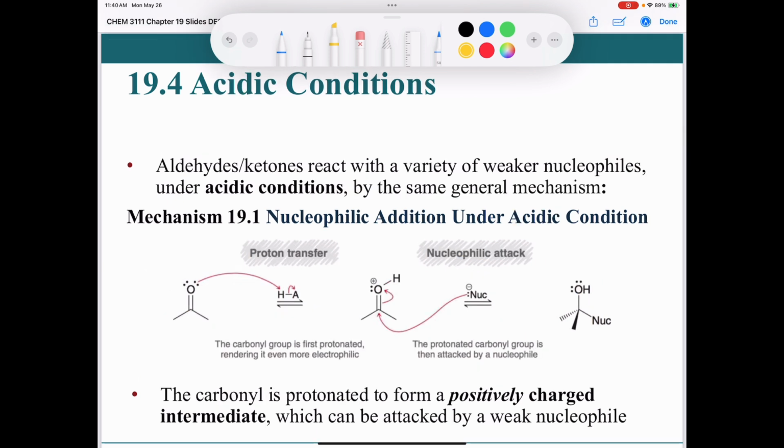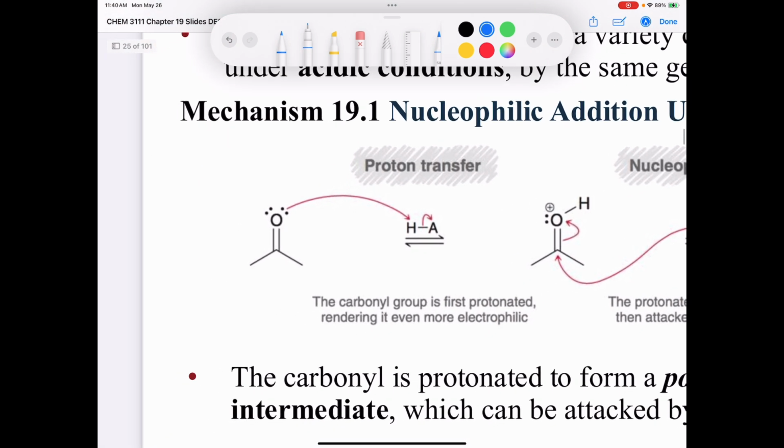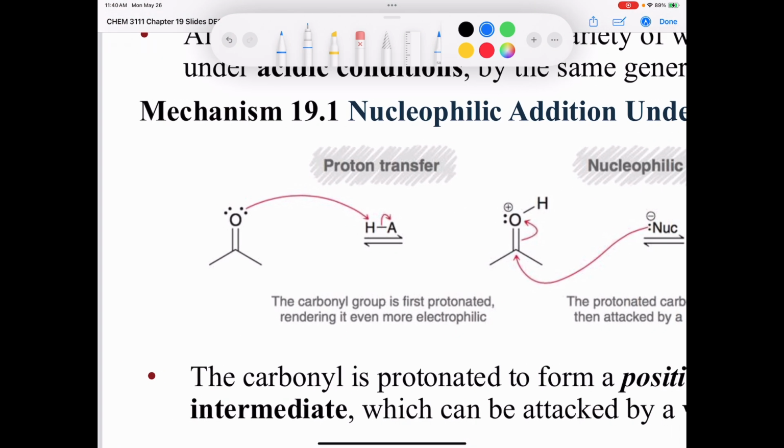However, under acidic conditions, we're going to reverse those steps. The first step is going to be a proton transfer, okay? And I'm going to mention this several times, but the reason why we have to do a proton transfer under acidic conditions is because I want you to remember this. A ketone is a good electrophile. So we'll put here good electrophile. However, when we protonate the oxygen, okay, when you do a proton transfer on this oxygen, now all of